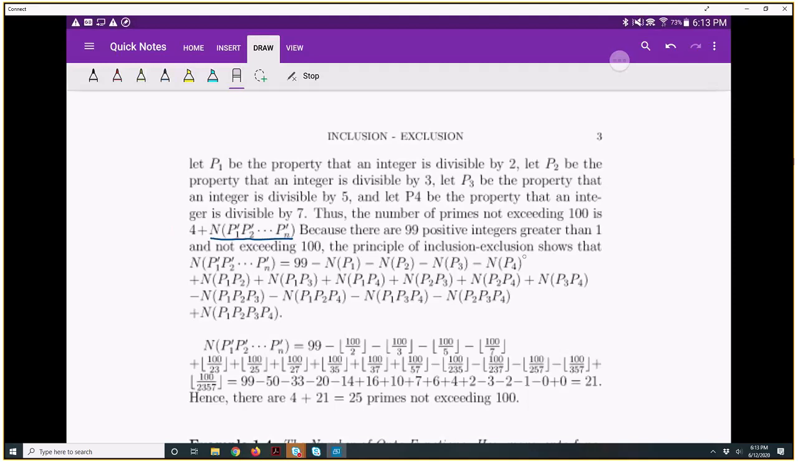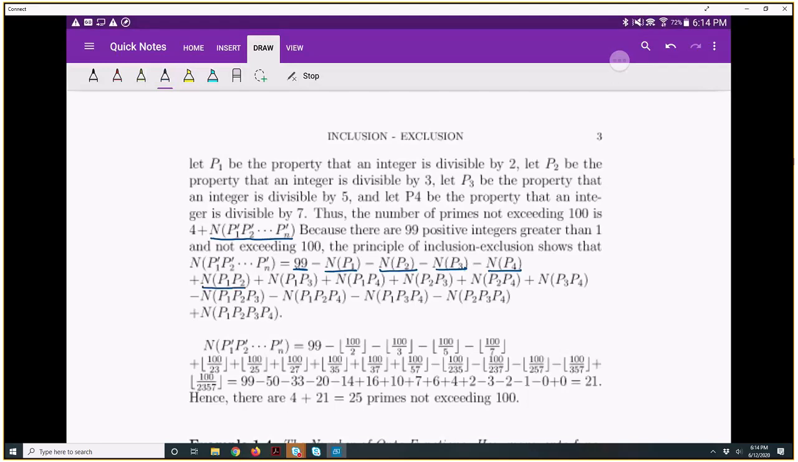There are 99 positive integers greater than 1 and not exceeding 100. A prime integer must be greater than 1, so 2 is the smallest prime. And there are 99 positive integers between 1 and 100. So by the principle of inclusion and exclusion, we would have 99 minus all of the multiples of 2, minus all of the multiples of 3, minus all of the multiples of 5, minus all of the multiples of 7. But then, because some of the integers are multiples of 2 and 3 at the same time, like 6, we've subtracted too many, so we have to add back in